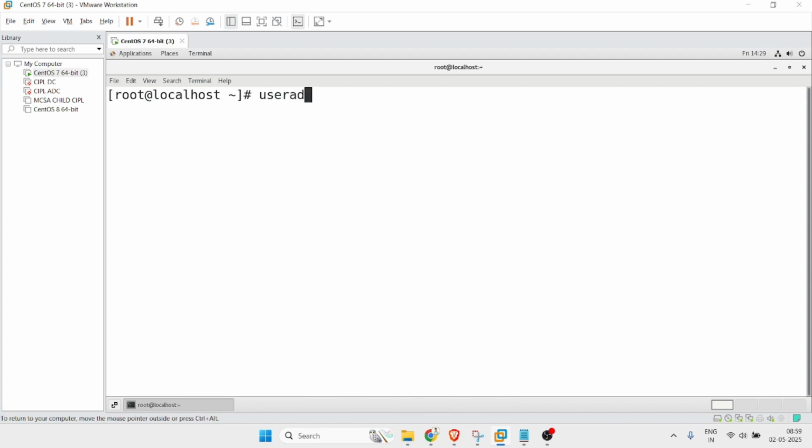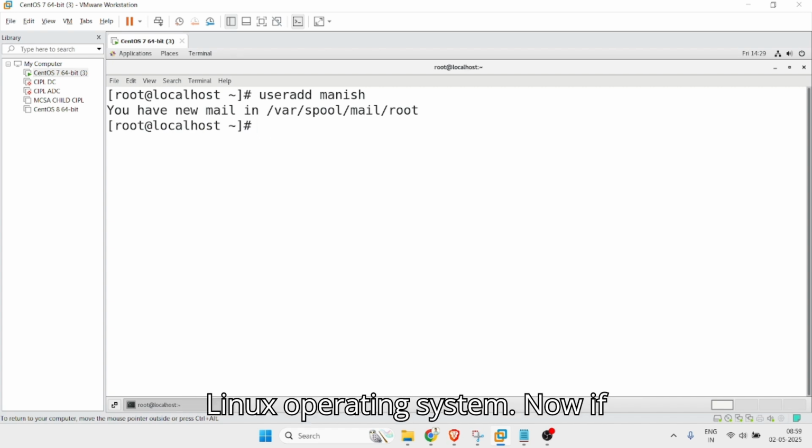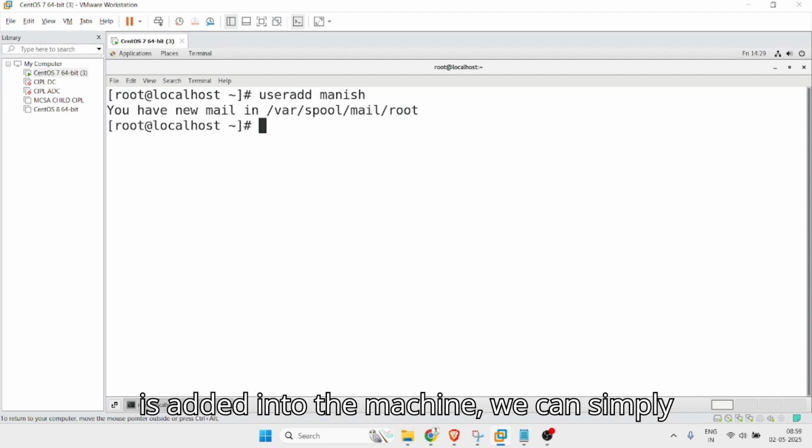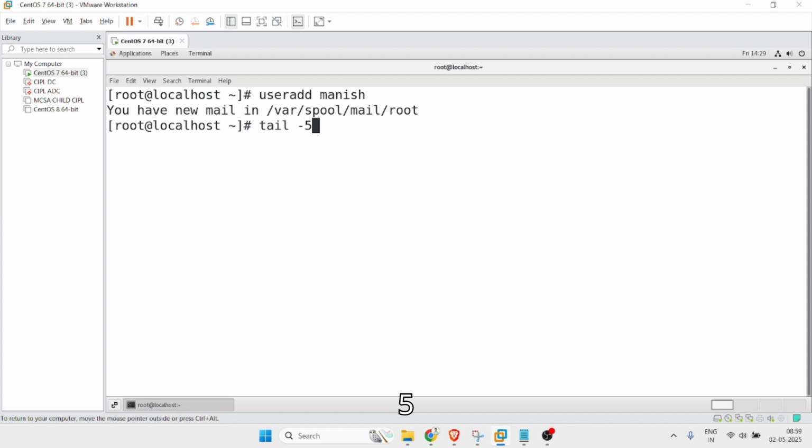useradd Manish. So we have added the user into our Linux operating system. Now, if we want to see that the user is added into the machine, we can simply see it by using the command tail -5